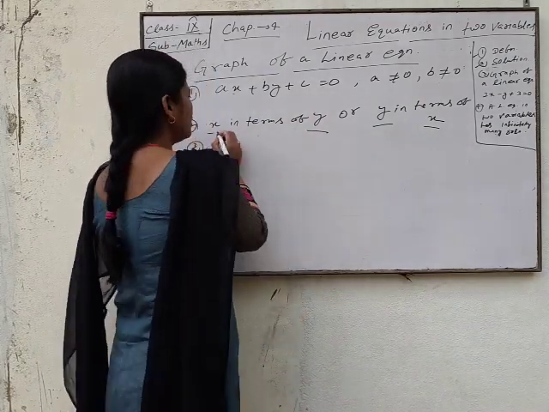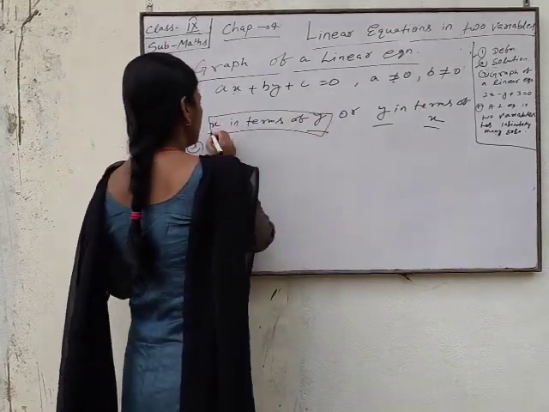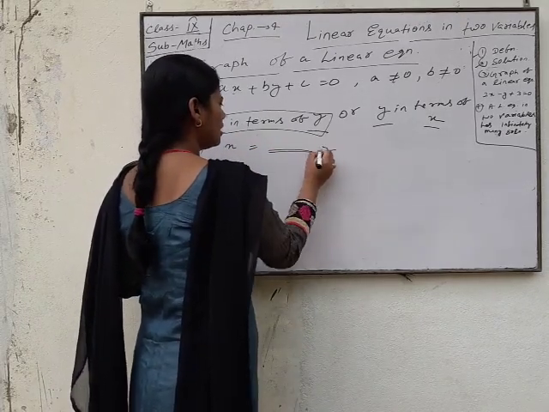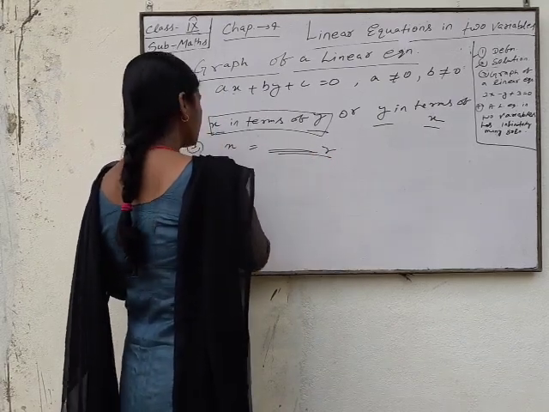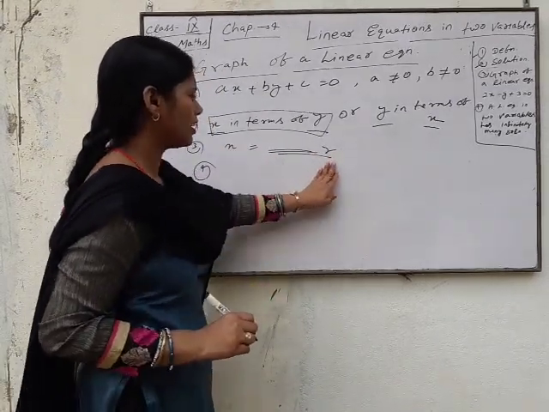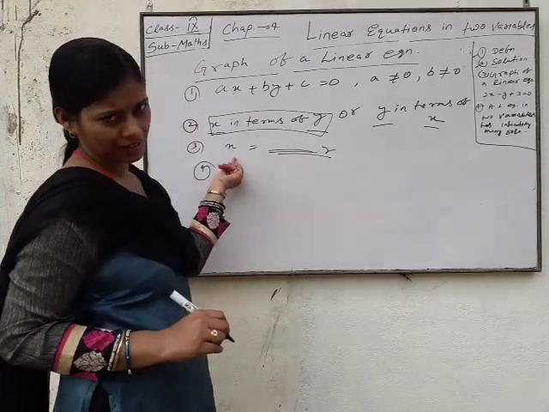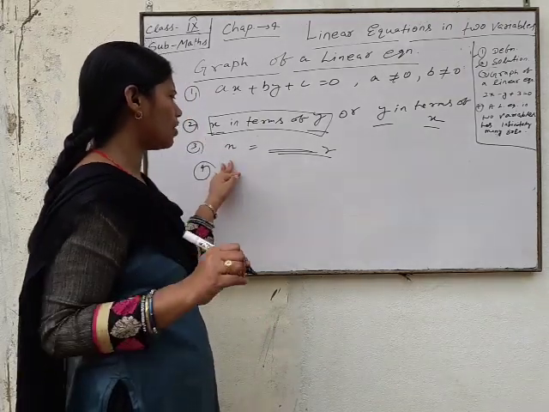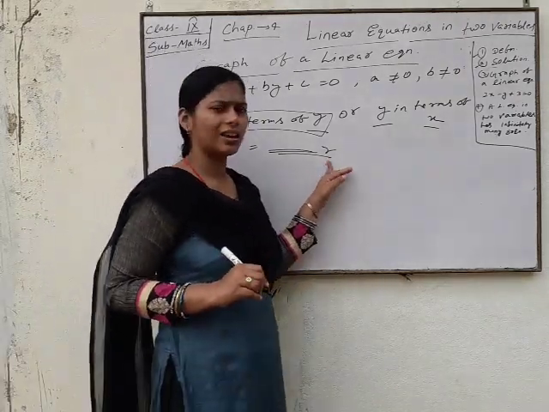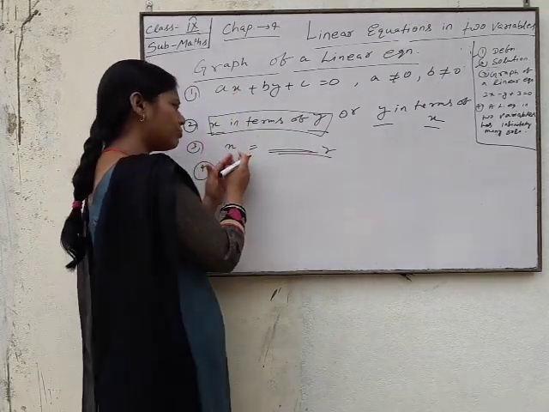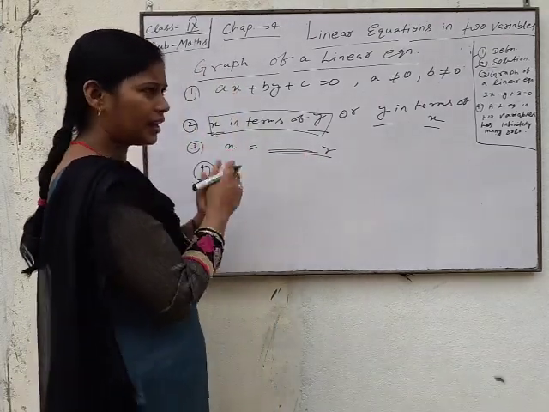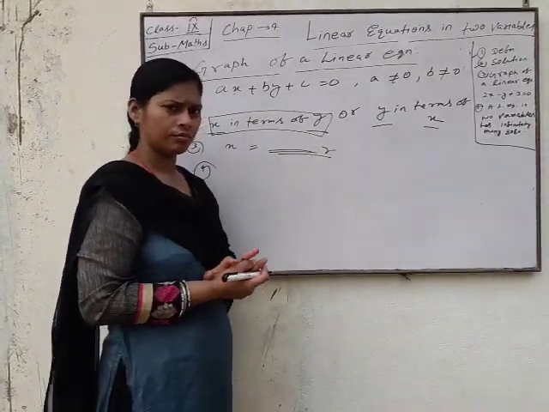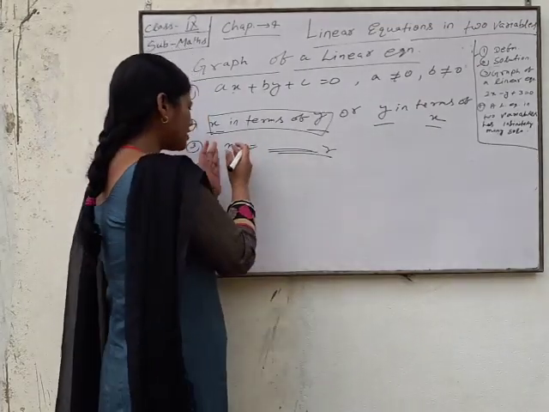Suppose that here you find x in terms of y. It means x is equal to an expression in terms of y. So now put some convenient values of y, and you will get your values of x. Then we will plot all the pairs of values, meaning the coordinates of x and y,